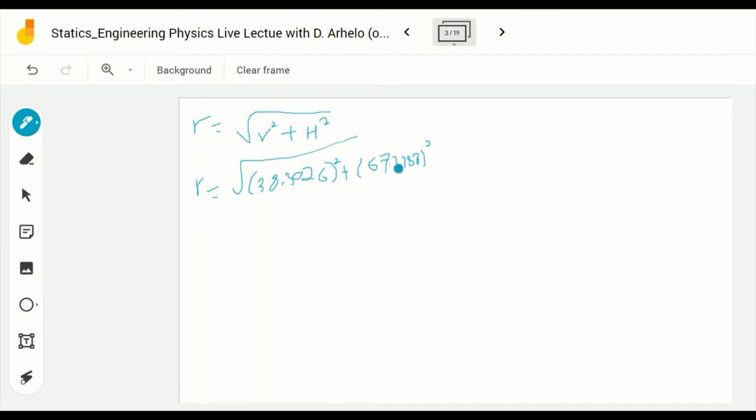Now if you punch this in your calculator, my R should be 77.9